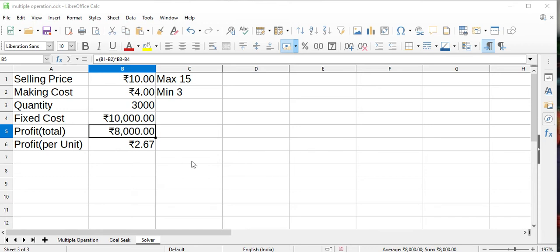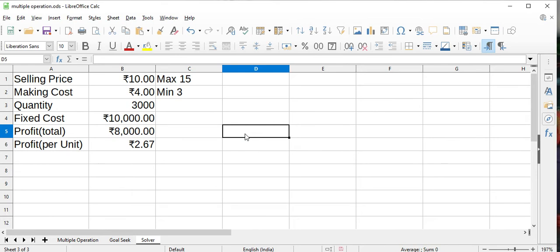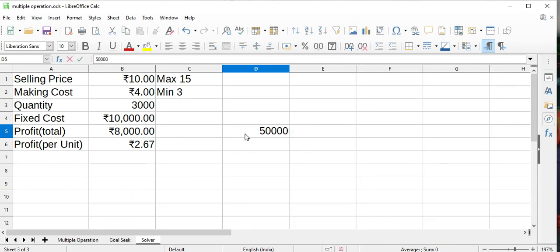Let's do another example. Instead of profit 20,000, let's consider I want it to be 50,000. My profit should be 50,000. For that, I want to keep a condition on quantity also.